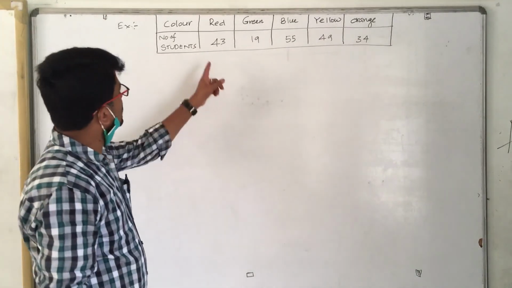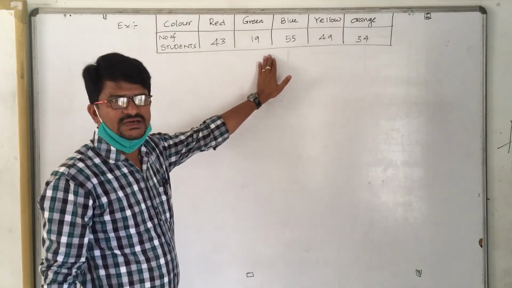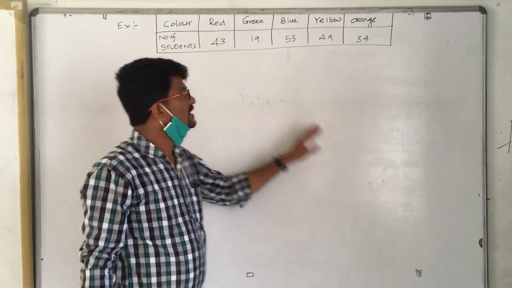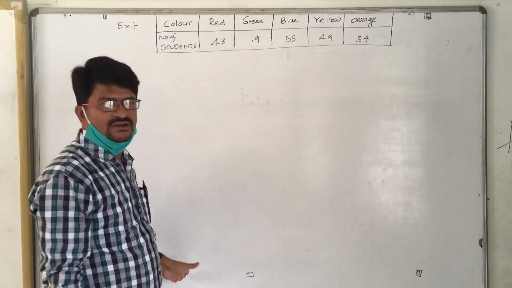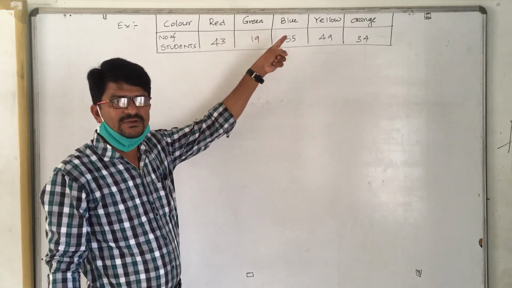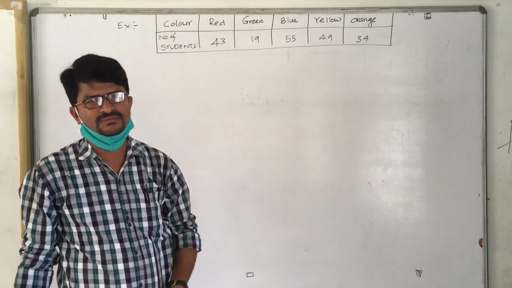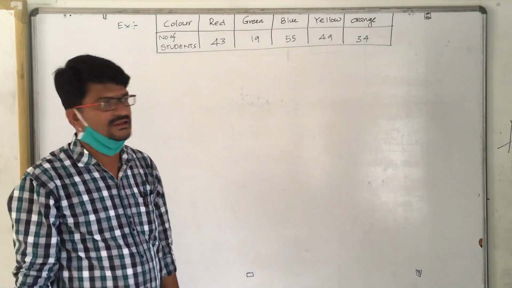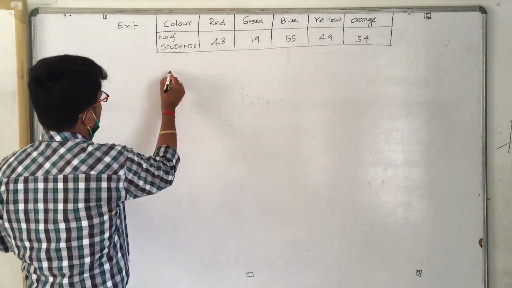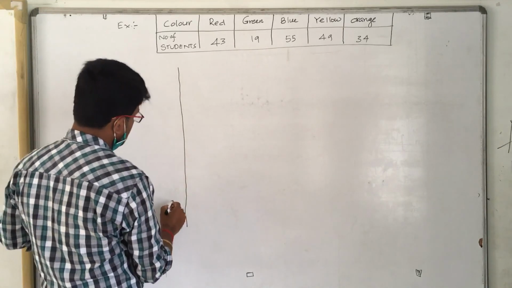So here what can you observe? What are the objects here? Colors. What are the values here? Number of students. So color should be represented on the x-axis and the number of students should be represented on the y-axis. Okay. Here on the x-axis you need not take a scale. Why? Because it is an item, the color name. So for that you need not take a scale. But on the y-axis you must take a scale. Okay. Now let me draw that. First of all, draw one vertical line and